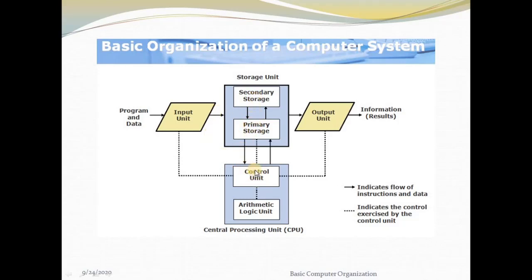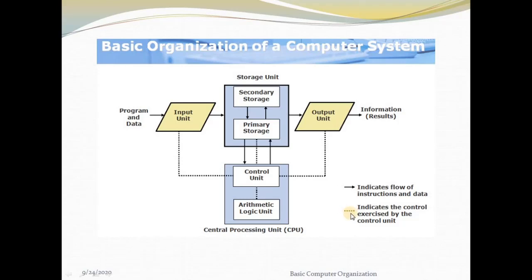So once that is done, the important thing that we need to do is put the arrow marks. Arrow marks are very much essential in this particular block diagram. We have two types of arrow marks. The one is the dark arrow mark, or the thick arrow mark, which indicates the flow of instructions and data. Wherever we have this thick arrow mark, it indicates how the data is flowing, from where we are getting the data and where it is being transferred, or how the data is transferred from one device to another device. That will be indicated by this dark arrow mark.